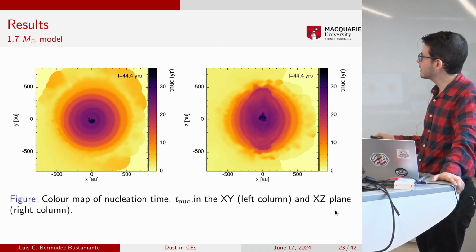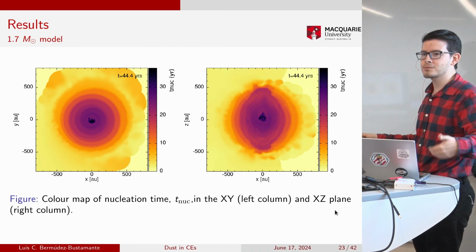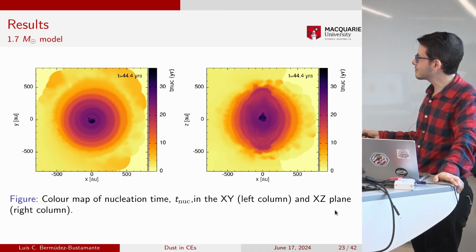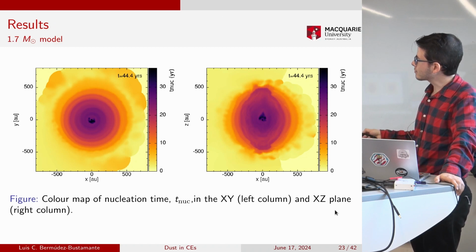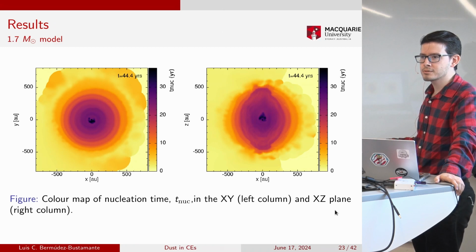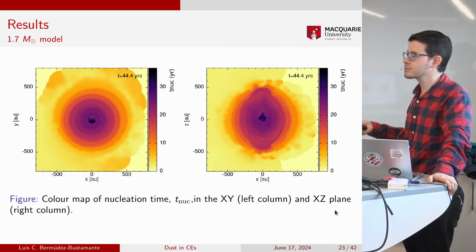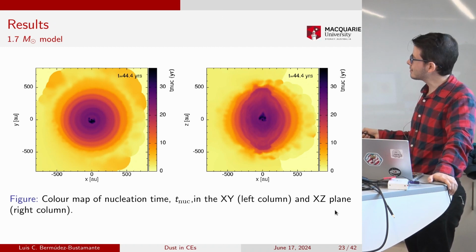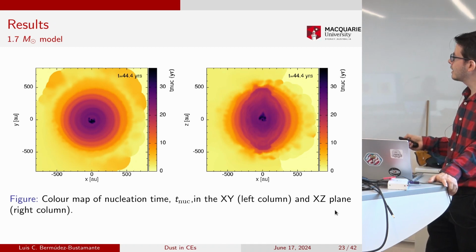the dust formation process. Here is the 1.7 model, this is the orbital plane, and this is the perpendicular plane. And again, the nucleation time, darker regions indicate that dust was formed later. Lighter regions indicate that dust forms at the early moment. And you can see here for this model, these spiral structures. These are regions of enhanced density, where the formation of dust was favored, and this is because of the orbital motion of the companion star. So here in this case, the binary has an effect in the dust formation process, and